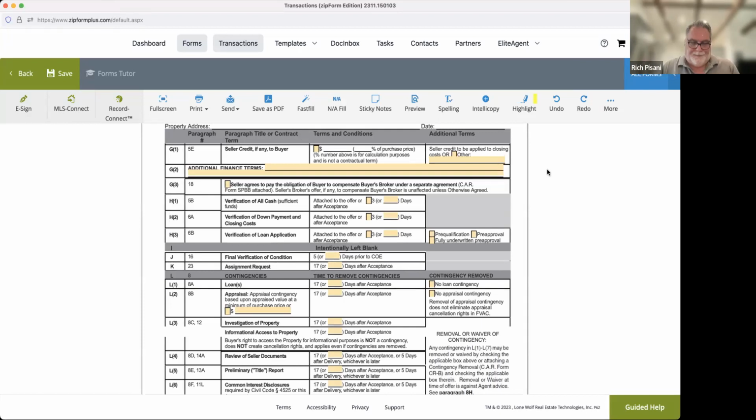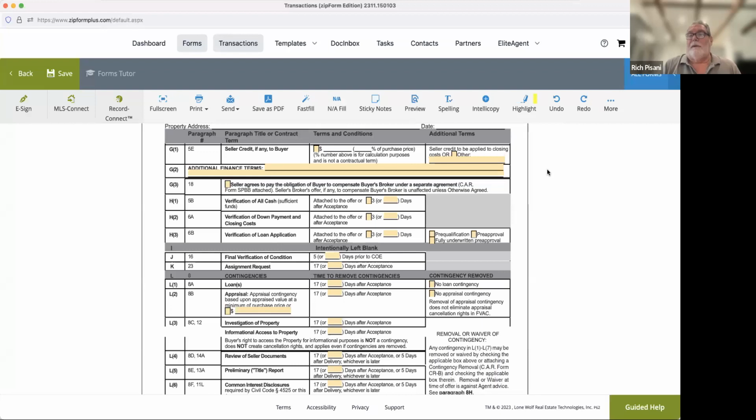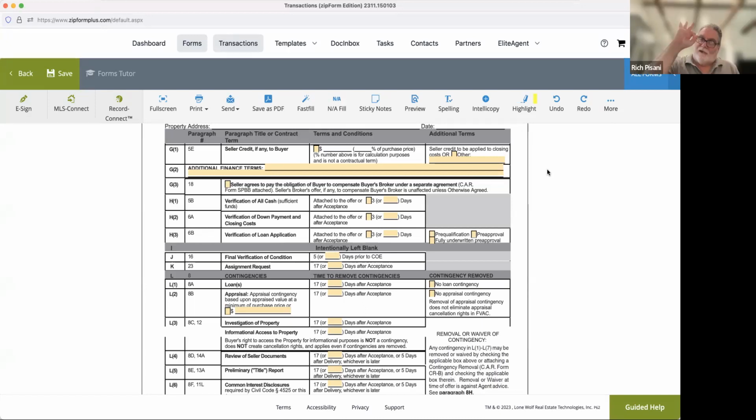Quick question, if that happens, where do you put the percentage? Because I just see a place where you check it. Right, it's in the form. You have to look at the form. The form will say the seller is offering, and you add 0%, and you're asking the seller to pay 2.5%. So that's where you would do it. But only if you have a buyer broker agreement.